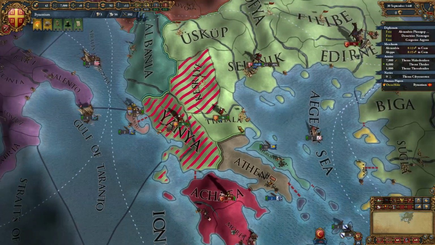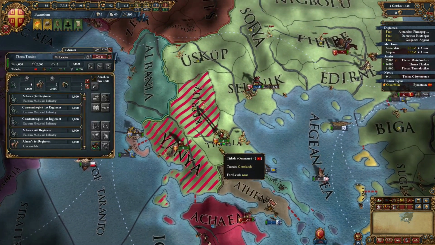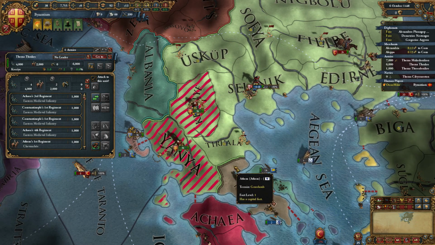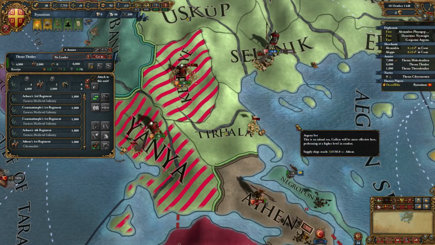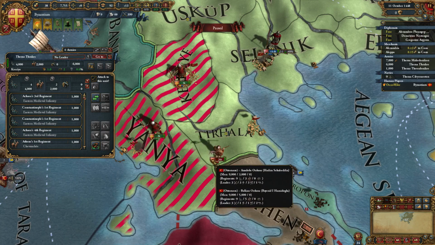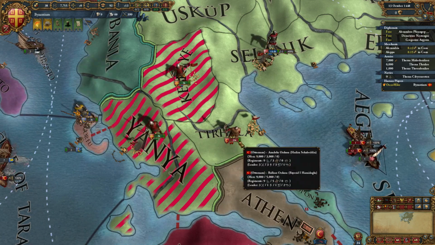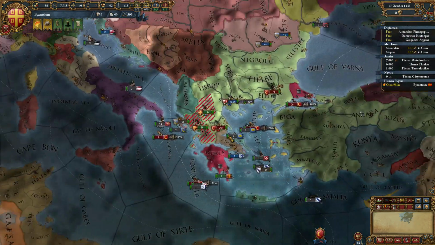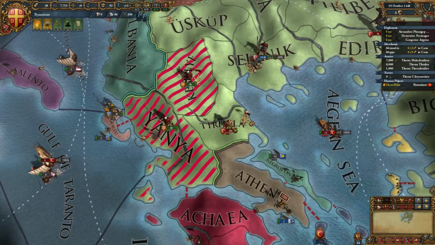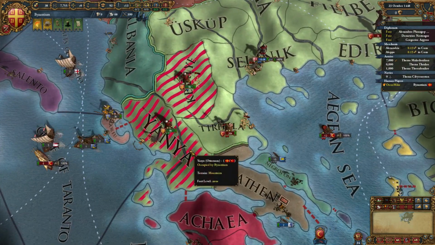So we'll retreat and continue to focus on enveloping this army, sequestering it in southern Greece, and keep it from doing significant damage to us, both by occupying our provinces and destroying our army. Also, it's very important to emphasize that we cannot let any subsequent Ottoman armies reinforce with the